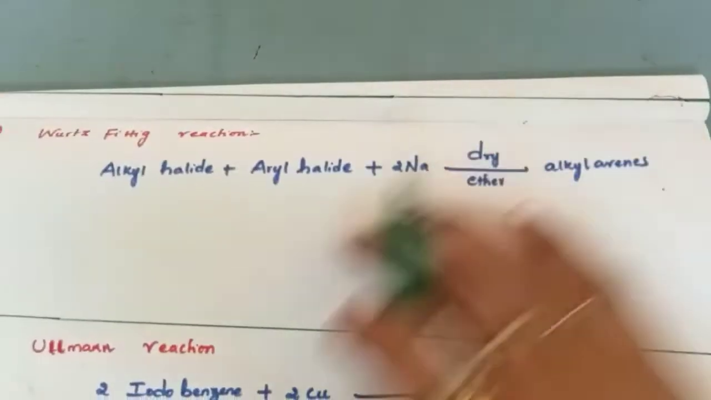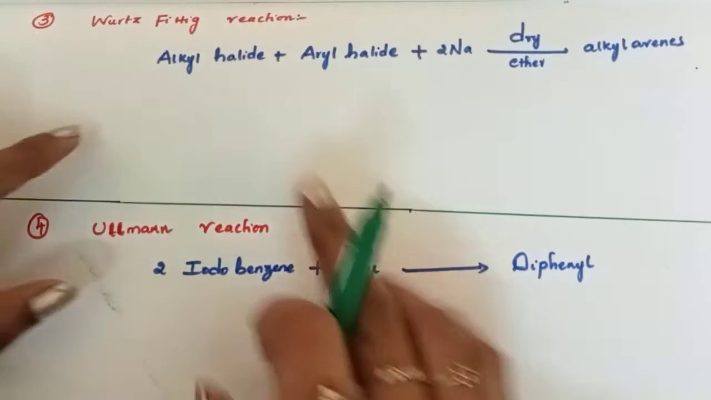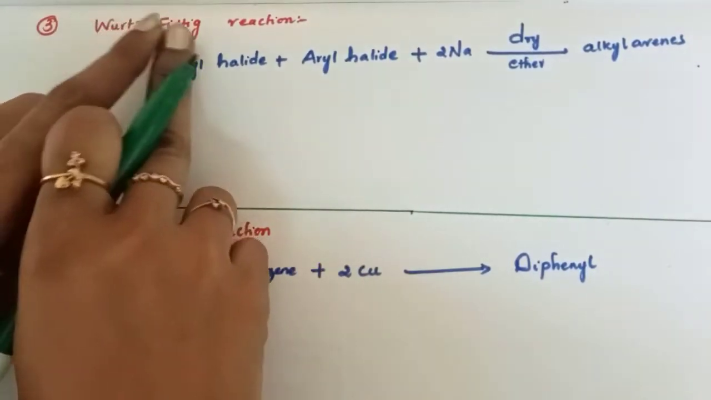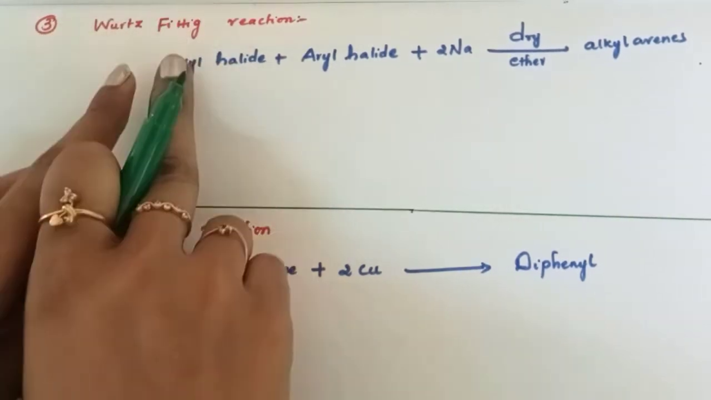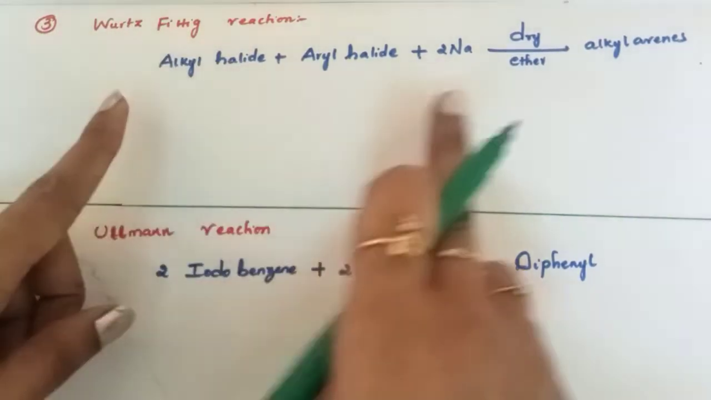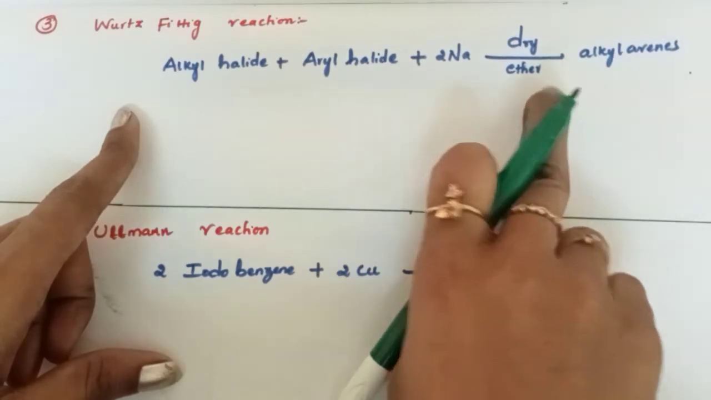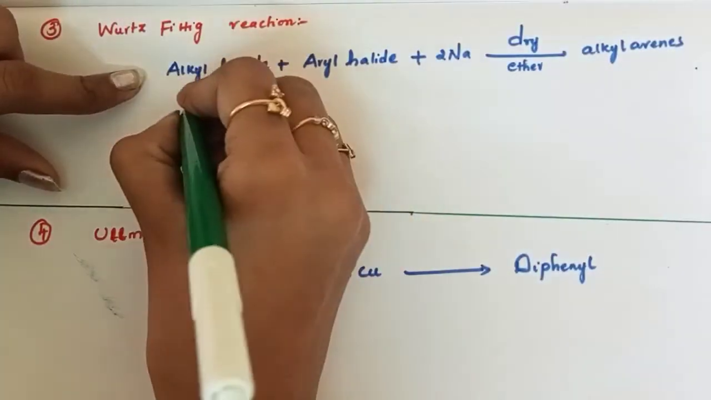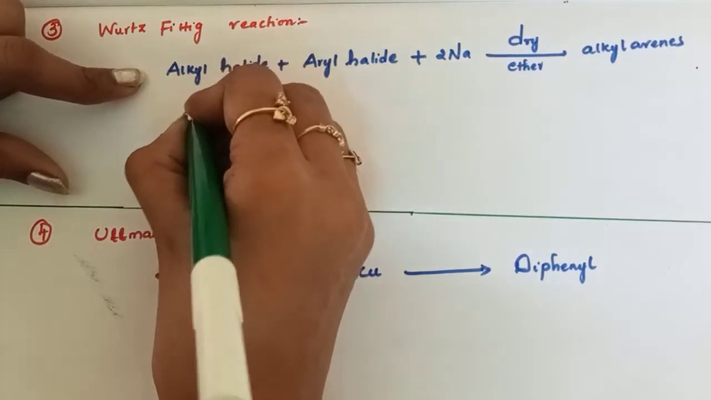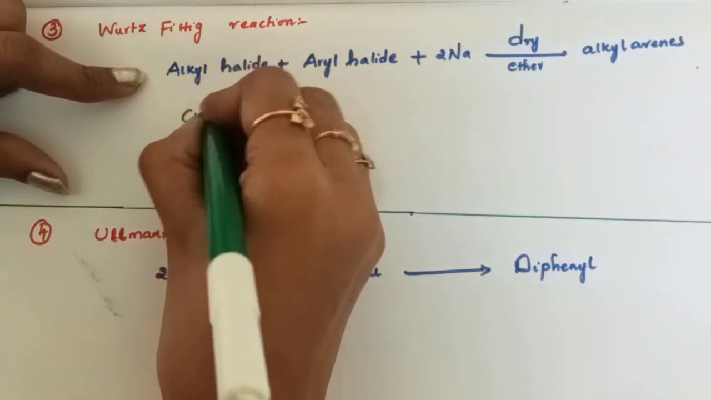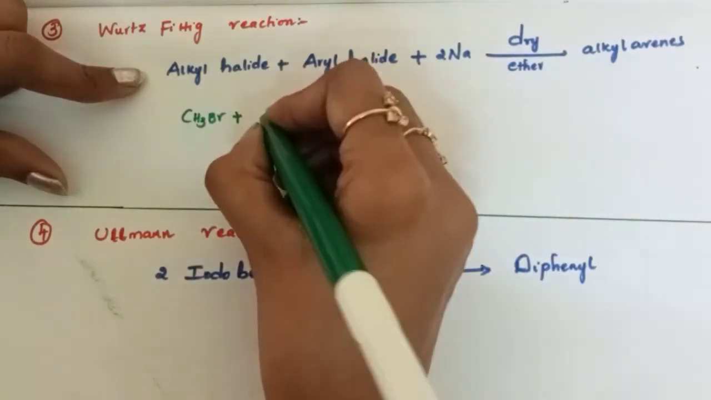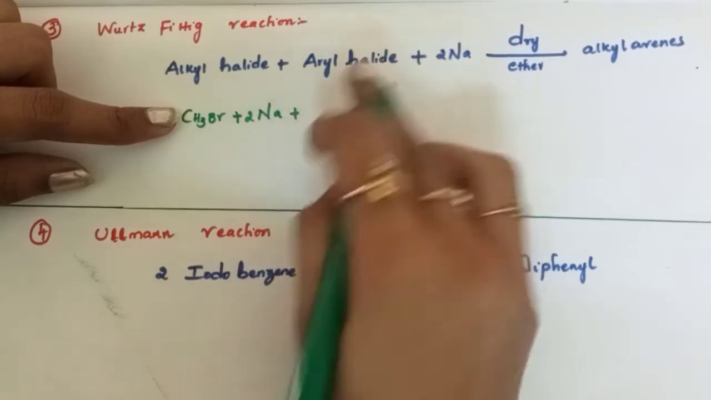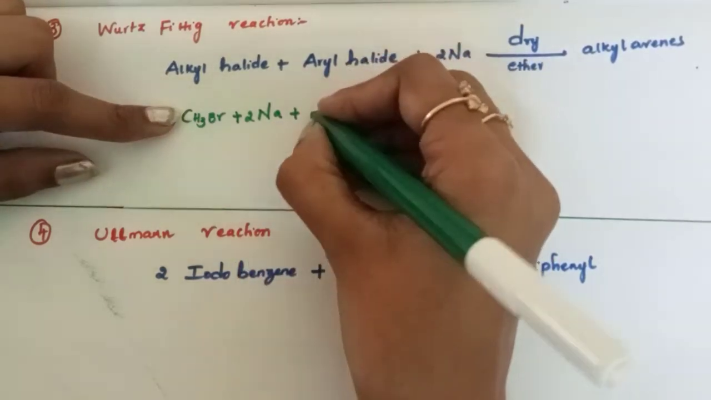Next, third reaction which is Wurtz-Fittig reaction. Here one molecule of Wurtz reaction alkyl halide, Fittig reaction aryl halide. So both are combined together with sodium in the presence of dry ether, alkyl arenes are formed. So one molecule of alkyl halide plus two molecules of sodium which on reaction with aryl halide